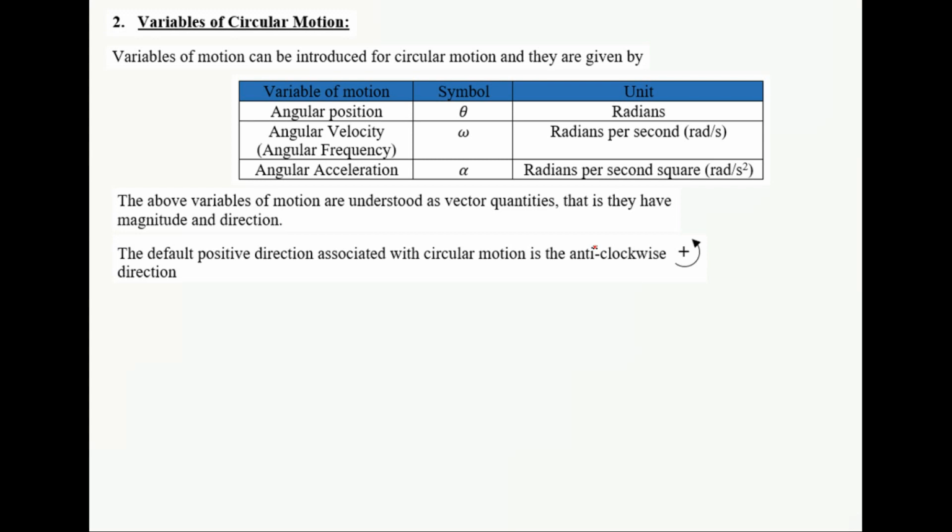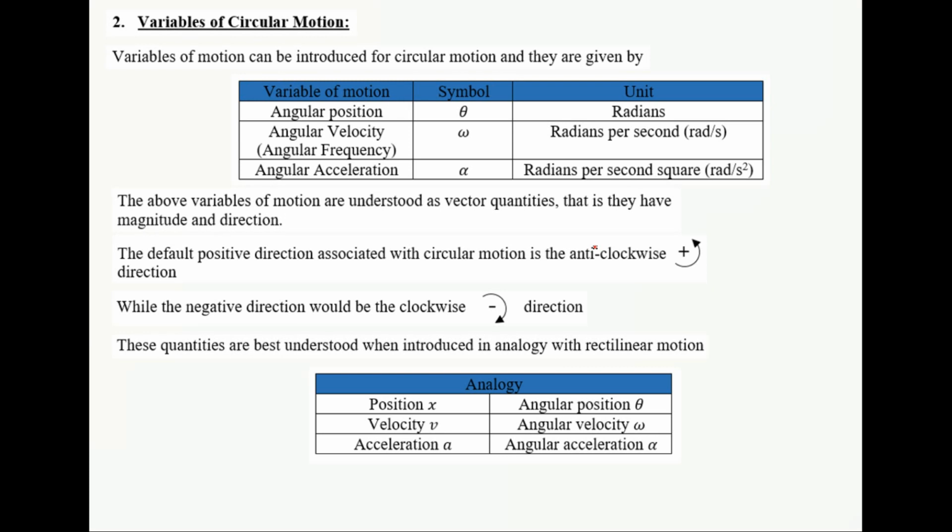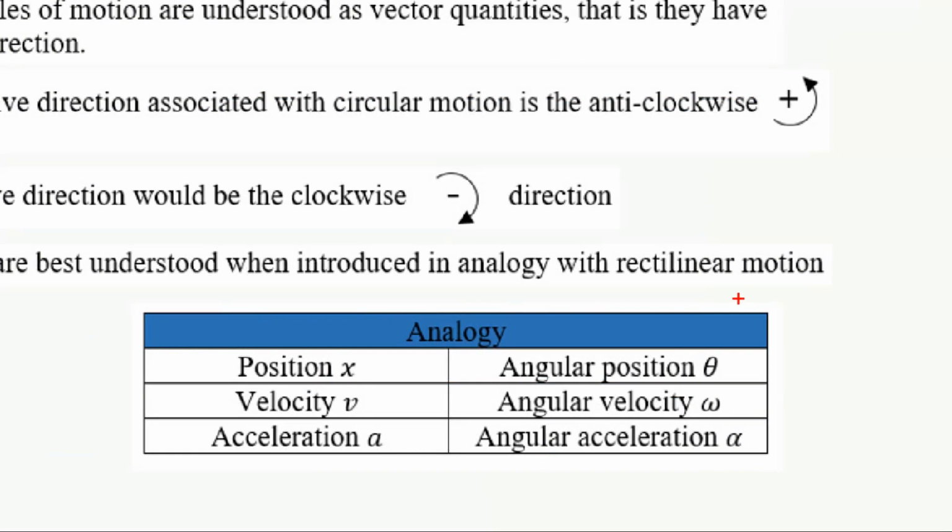Anti-clockwise direction would be moving opposite to the hands of the clock, and that would be the default positive direction, while the negative direction would be the clockwise. These quantities are best understood when introduced in analogy with rectilinear motion. So we know that rectilinear motion, which is the motion along a straight line, for the position x,